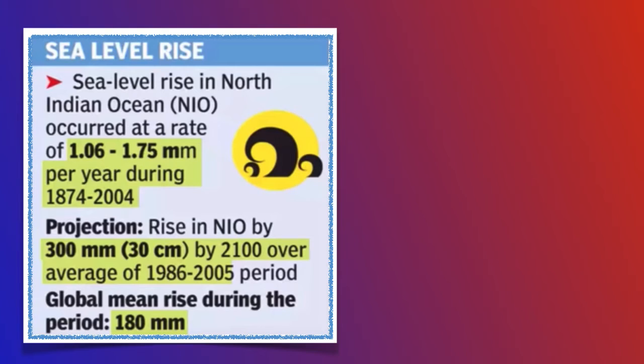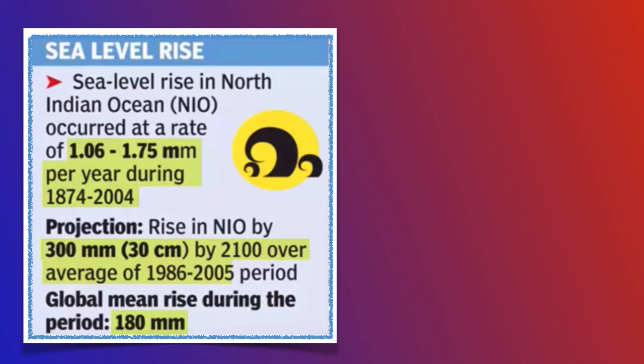However, it is projected that by 2100 it is likely to rise by 300 millimeter more compared to the average rise during 1986 to 2005, which is 180 millimeter, thus making 300 plus 180, so 480 millimeter or 48 centimeters. What is the meaning? 100 centimeter is 1 meter, so 48 centimeter is almost half a meter. Half a meter rise is sufficient to encroach the huge coastal tracts and islands of the country, thus threatening the survival of the huge population dotting the long coastlines of our country.